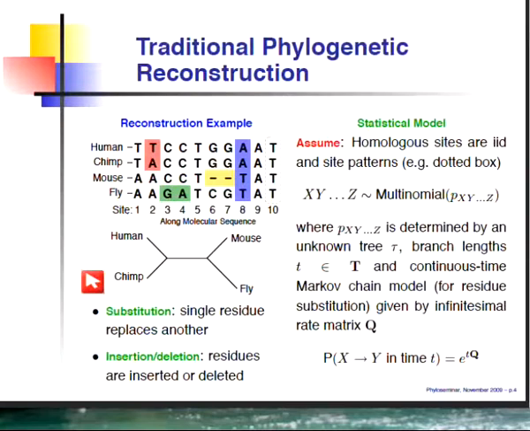In terms of this intuitive reconstruction, I've been talking mostly about looking at substitutions. So these are single residues, either nucleotides or amino acids or whatever kind of coding state you've chosen for these, how these residues change from one to another. For example, somewhere between the human and chimp, there appeared to be a change from an A to T.